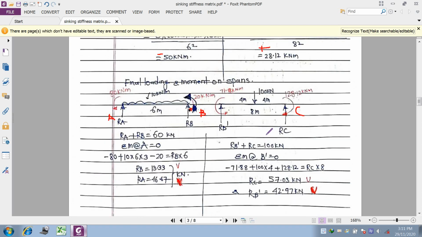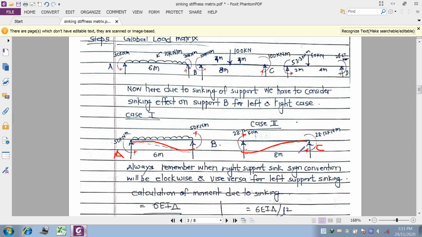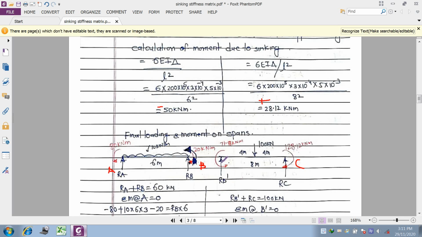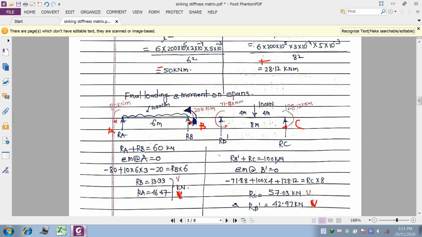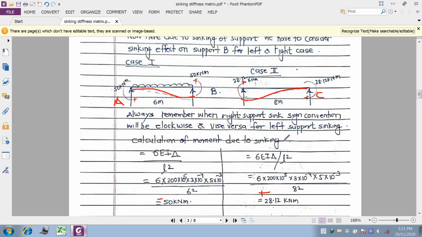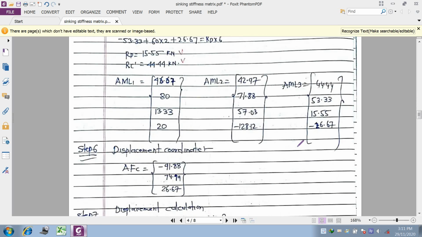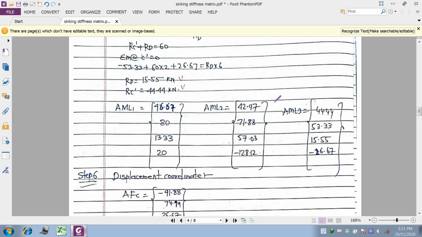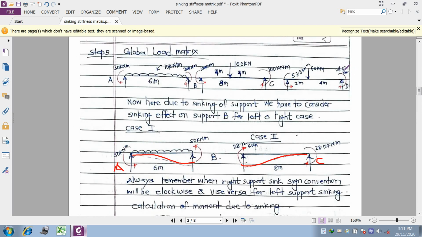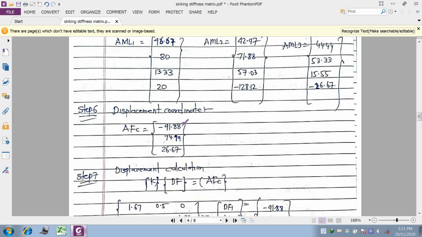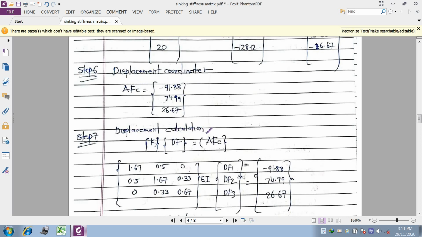How does this 74.79 come from? Here it is AB, BC. The second coordinate will be 128.12 and 53.33. Okay, so the answer will be equal to 71.94 and finally 26.67, this value. Okay, so we have to consider the displacement coordinate here, then finally we have to calculate the displacement calculation, K